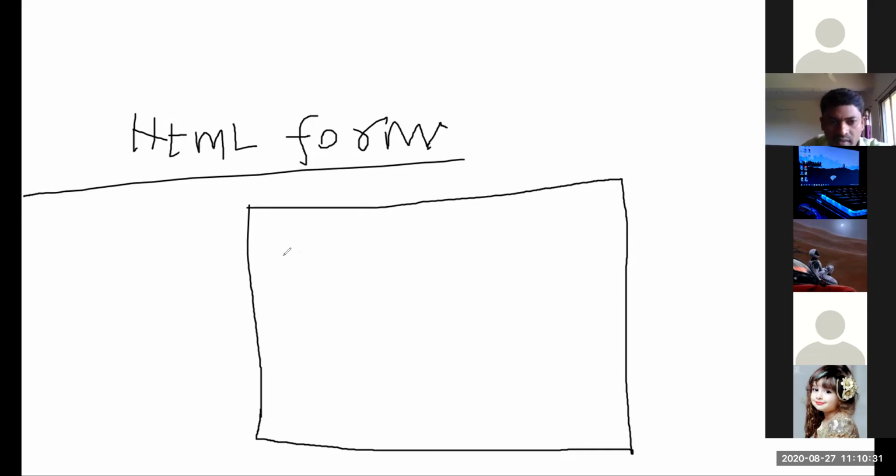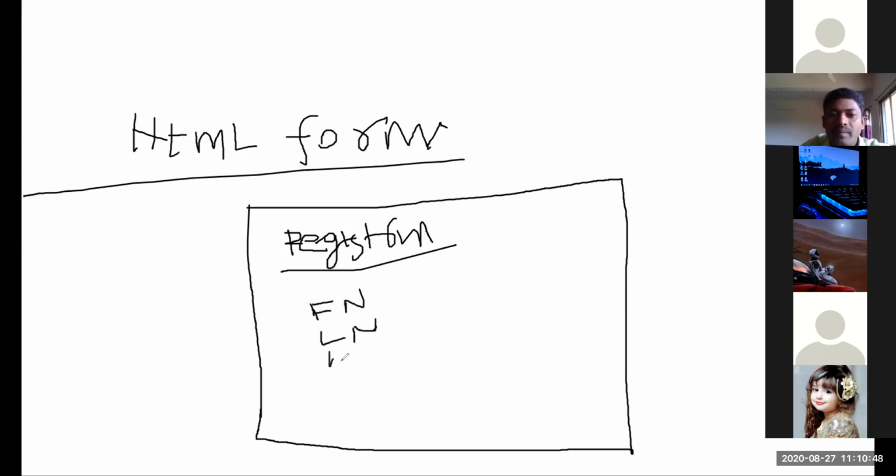For example, you have to write a registration form. In the registration form, what is there? First name is there. Yes, I'll make this chart. First name, last name, middle name, then email ID, mobile number.